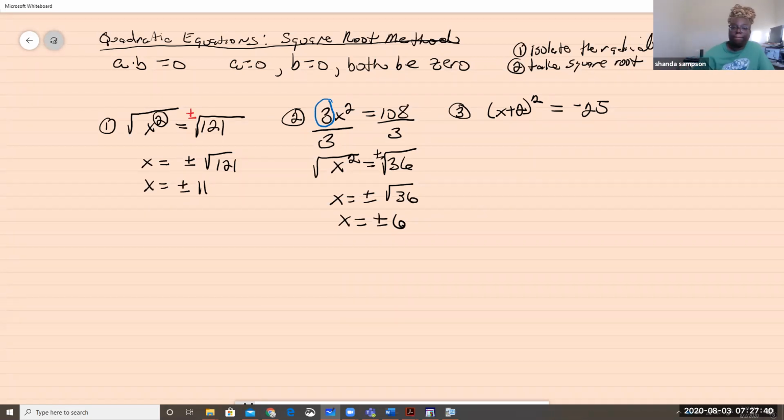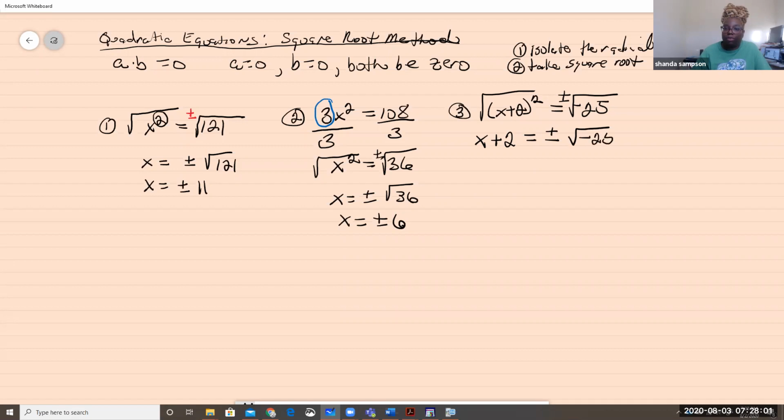All right? So we go ahead. It's actually the square that's isolated because there's nothing over here other than the square, right? So we're going to take the square root of both sides. Square root of both sides. That's going to give you a plus or minus. So you're going to be left with x plus 2 is equal to plus or minus the square root of